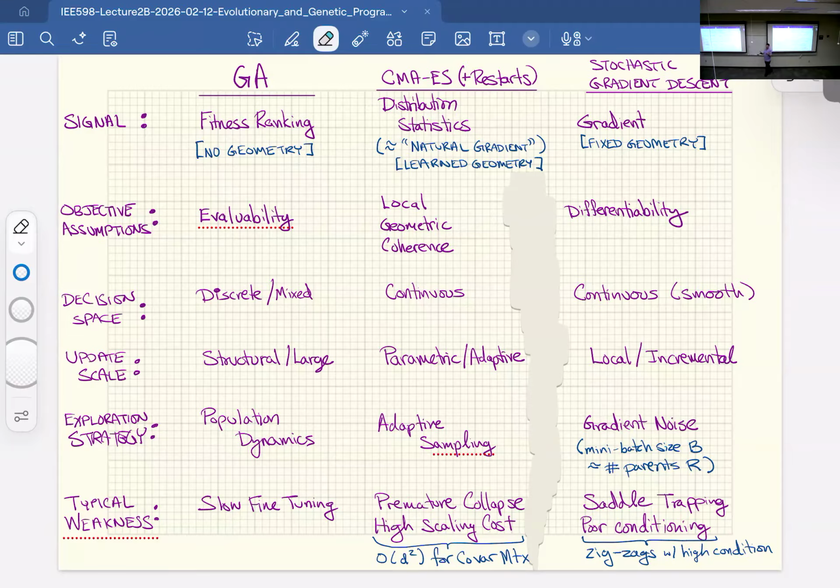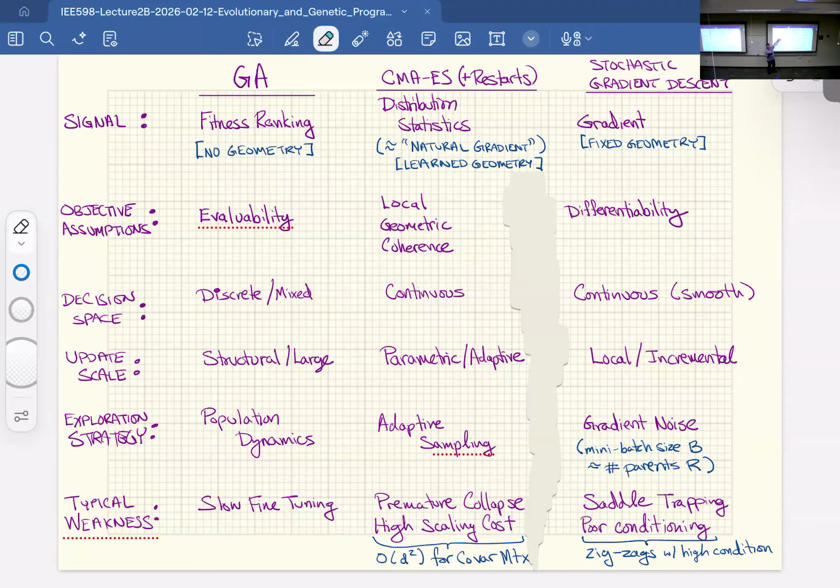So if you do happen to find a local optimum, and there's another one nearby, but you just happen to find that one and it starts adapting its covariance matrix for it, you can very quickly collapse to a point. That covariance matrix will start changing its shape to fit the shape of that peak, and then it'll start contracting into a point, and that premature collapse leads to an apparently high confidence solution, but it missed the other ones nearby.